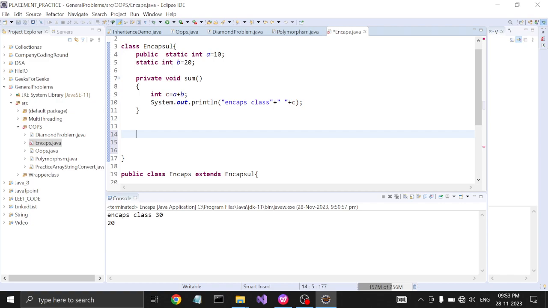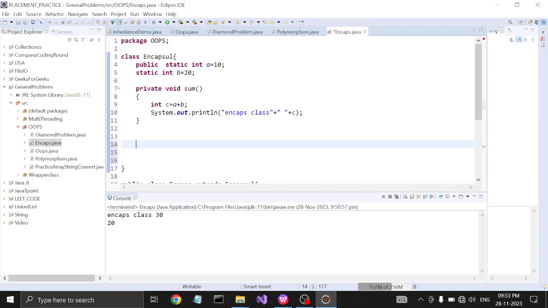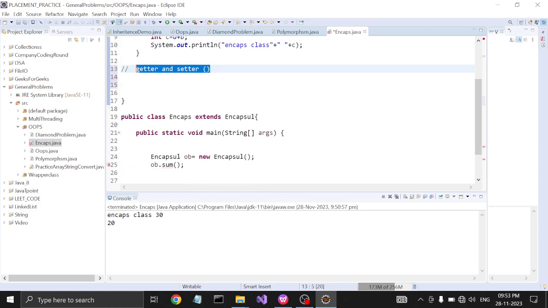So to avoid this, we should make the data of the class private, and we can access this data using getter and setter methods. By using these getter and setter methods, we can access the private data of the other class, and we can modify the data by using those getters and setters.